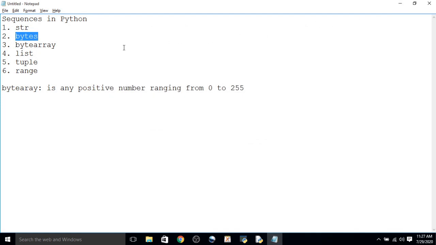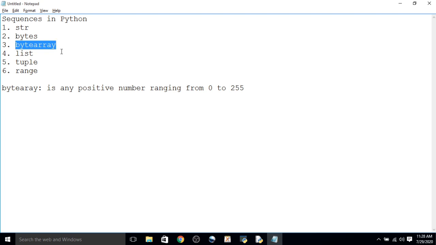But the bytearray type array can be modified. Means the value we have taken inside a bytearray can be updated, or we can delete, or insert a new value, or update the existing value. It means any element or all the elements of bytearray type can be modified.